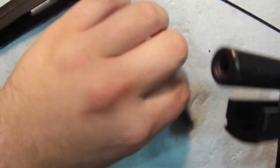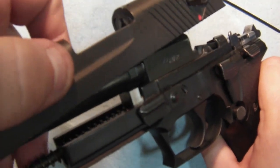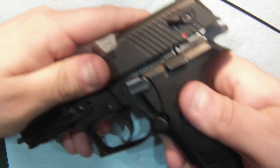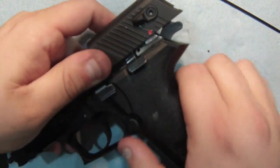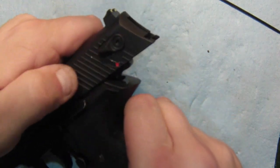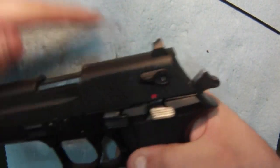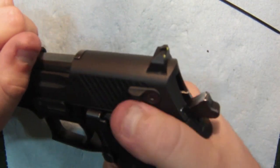Okay. It's hard to do with this camera so close. We'll line that back up. Everything's back together. You can see all these slide and stuff has been polished. Push down, lock it back in, and then